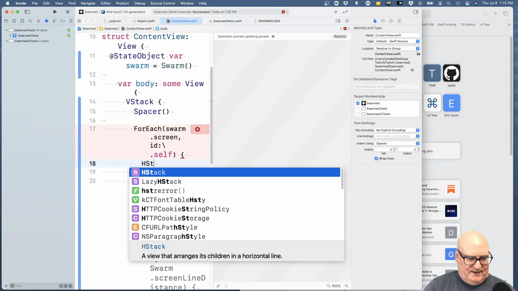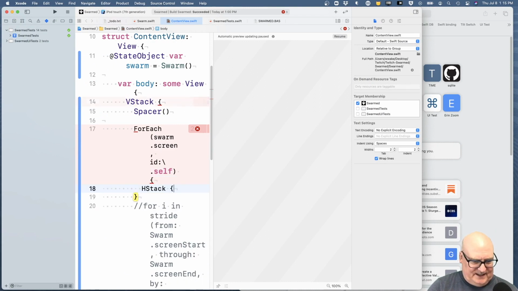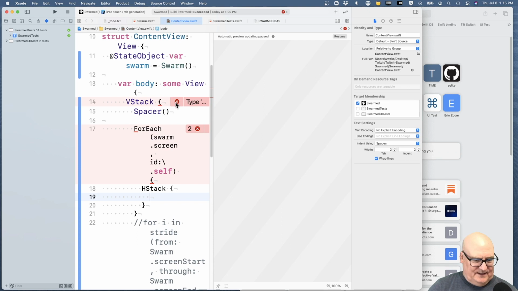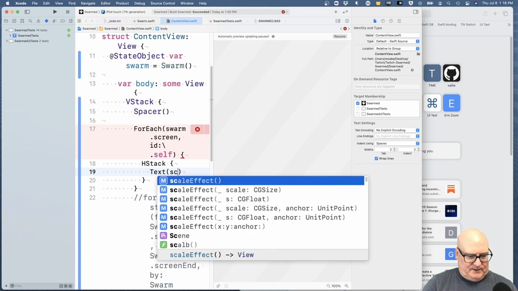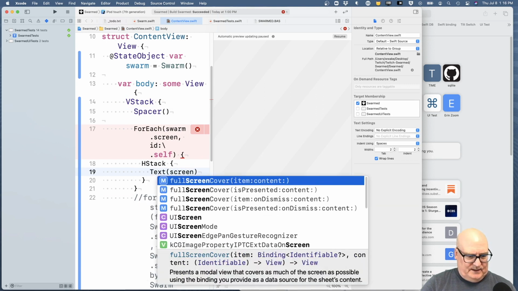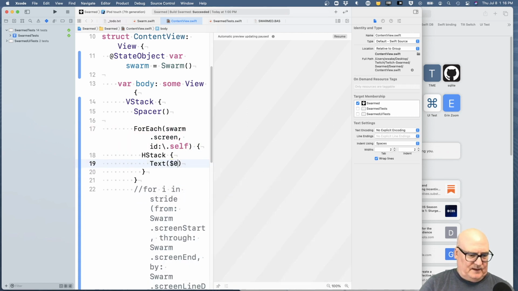We'll try it. We'll get something out of it. HStack. And in there, we're going to put Text with screen. Well, let's just do $0. So it's